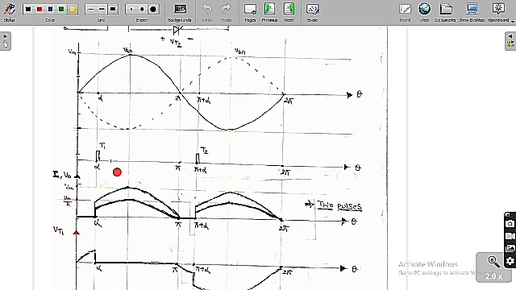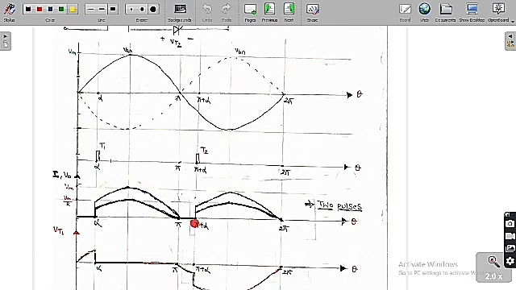So here we are going to get it in this format, which is called a, so it is going to follow the VAN voltage up to pi. The current will be V0 by R, so the peak value is Vm by R. This is the output voltage graph and this is the output current graph we are going to get for this pure resistive load. And from pi to pi plus alpha,